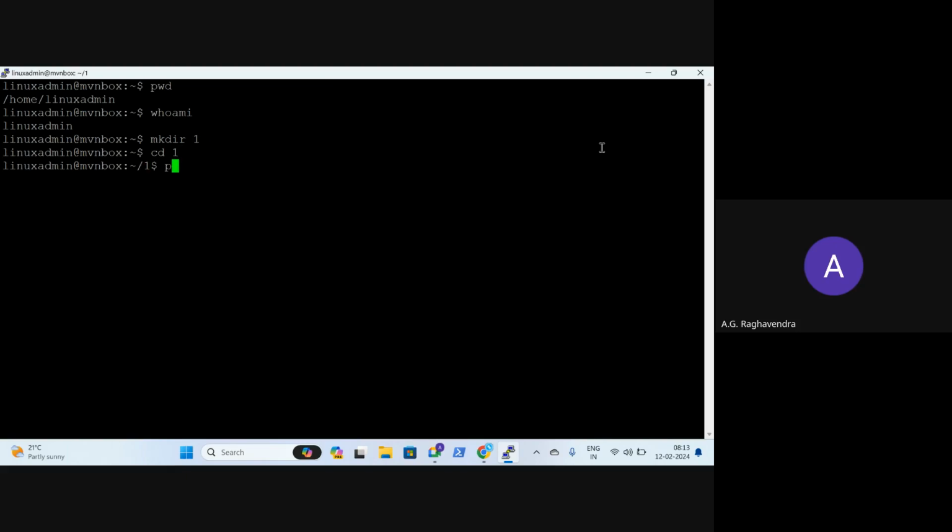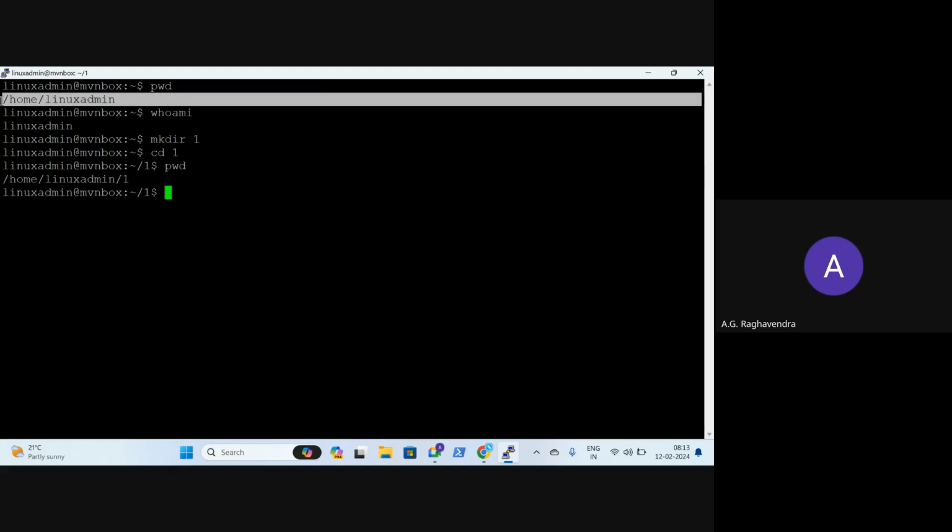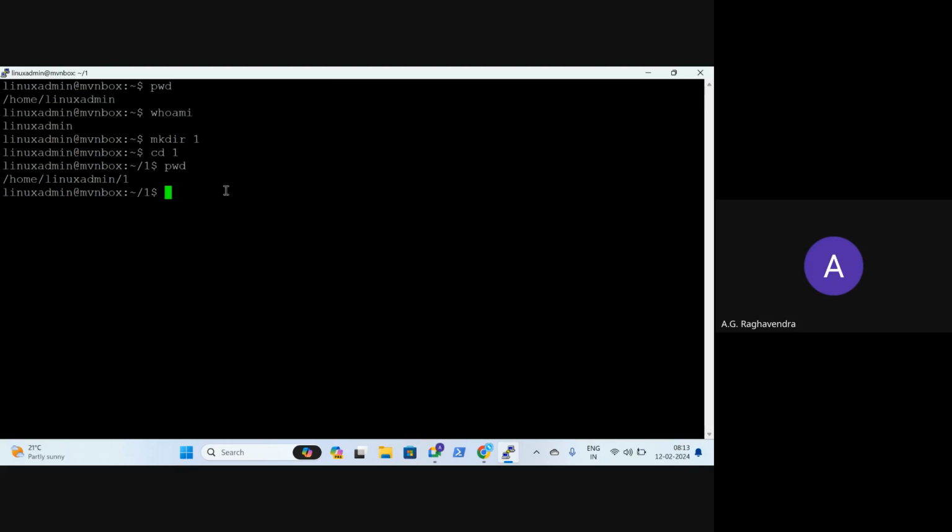Now if I say present working directory, I am in folder one. Earlier I was in folder Linux admin, which is my home directory. Now let me create another folder, mkdir 2, and go to 2. If I say pwd, it tells me that I am here. And you can also see that here.